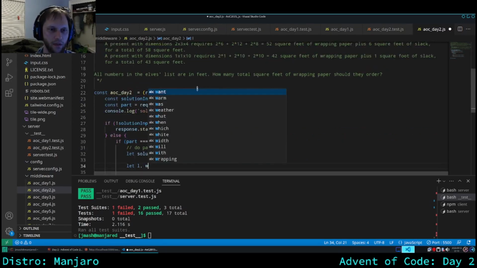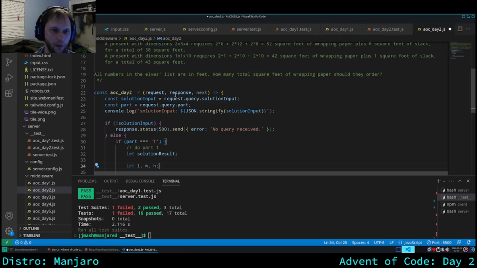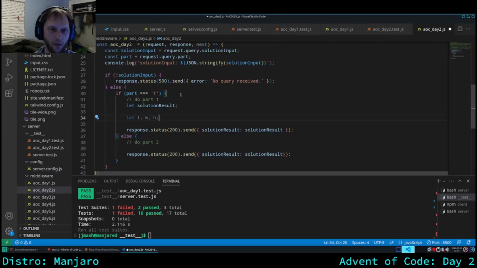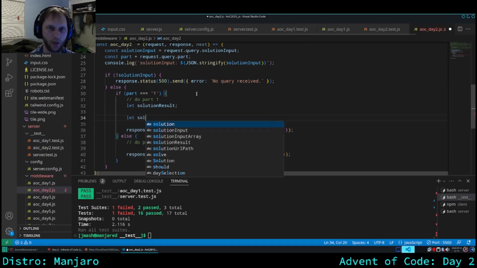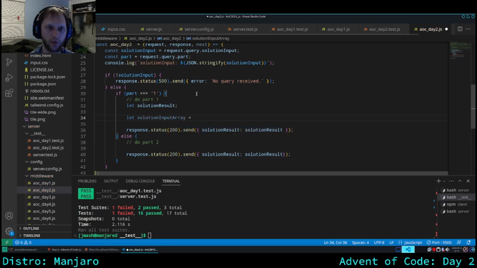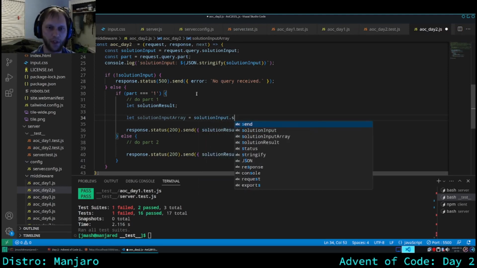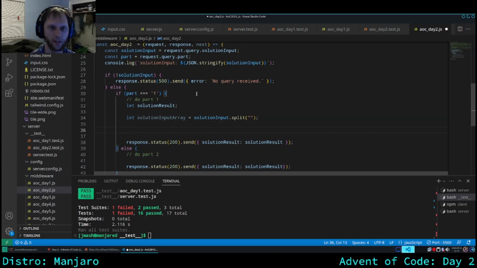So let L, W, H, right, and the solution input, like, I suppose, I guess what I'm going to do is array equals solution input dot split, much like I did previous day. And then,